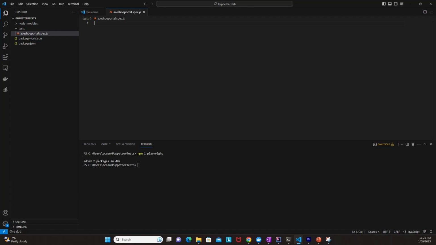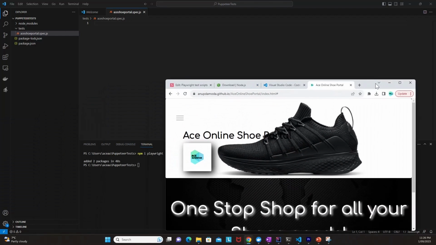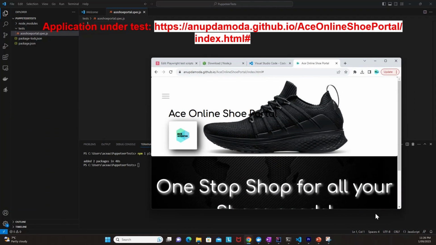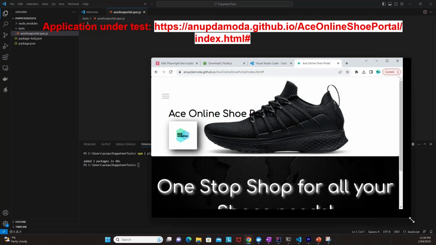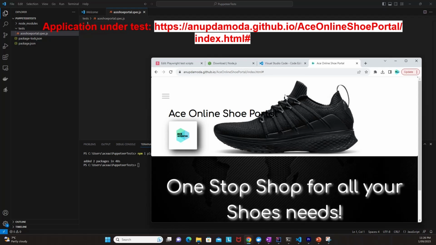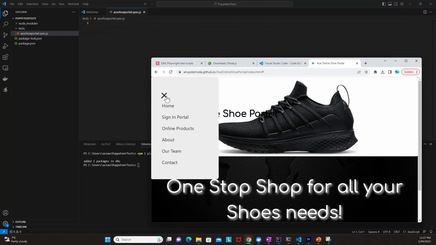Now, as soon as we do that, you can see that this particular file gets created, which is a JavaScript file. Now let's look at our application under test. Our application under test is Ace Online Shoe Portal, and this is a very simple application. It's a live application, and once you go to this particular URL, you will be able to see there are some web elements. There is a hamburger menu, there is some left widget which are links on this particular portal, and you can click on sign in portal as such,